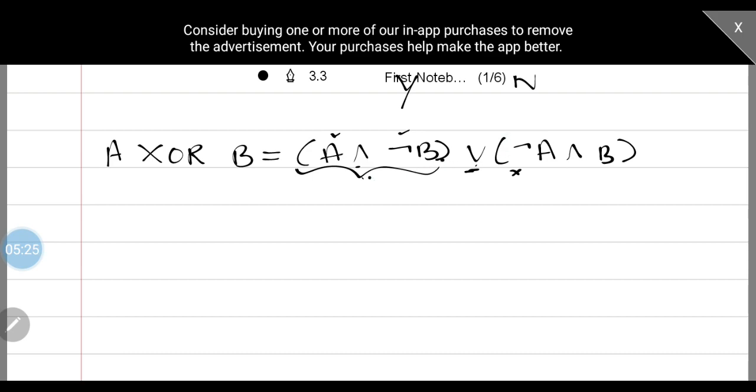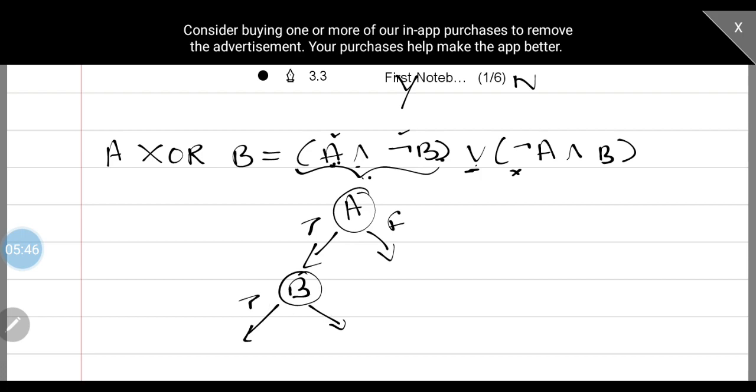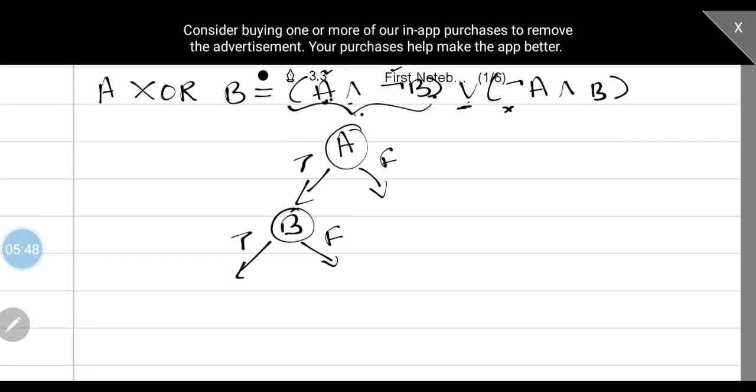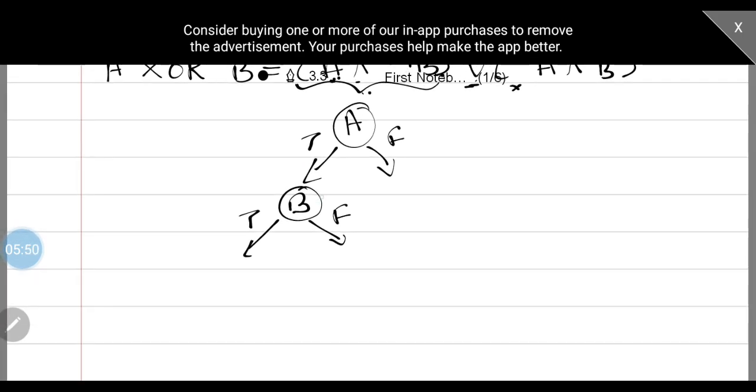So let us draw the tree for this. For a, we have two paths, true and false. If a is true, that is the internal expression, we need to check with the negation of b as well. Just now we solved for negation b, right? Just add b and its respective true, false. Now write the outcome with reference to negation b.